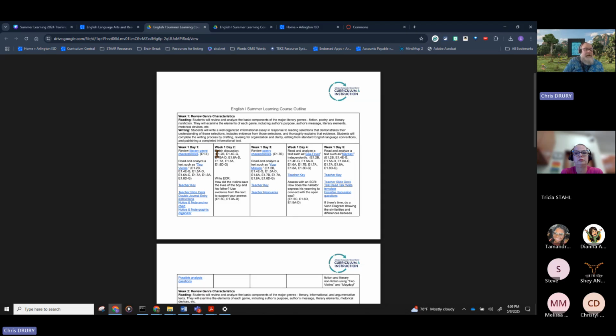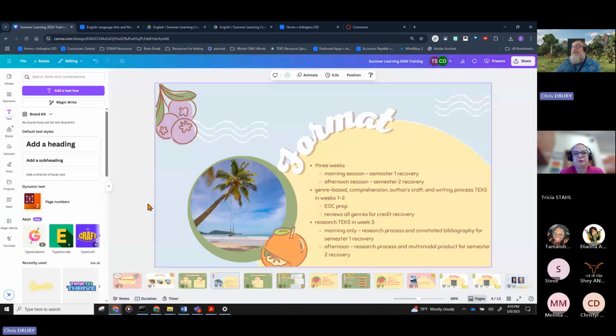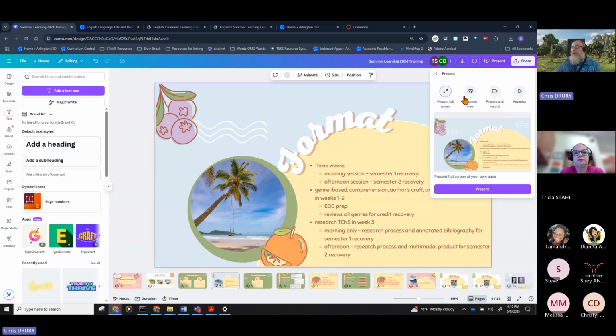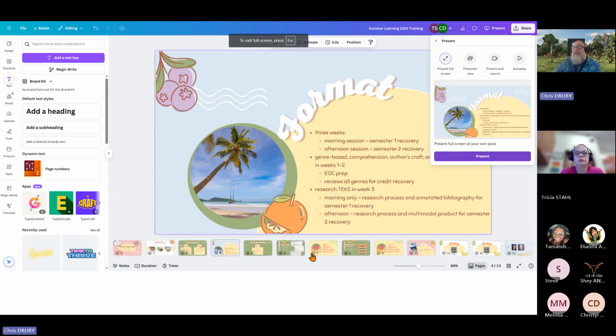We tried really hard. We put in different texts for you. They're all PDF'd, so it's all HMH texts, or Gale sometimes, resources that you can open the PDF, print out if you need to, or just copy it into your Canvas course, because we know that rostering and everything else with HMH in the summer is a pain in the rear. So those are the pieces that I wanted to make sure you saw, how to get to that and how you might want to use it.